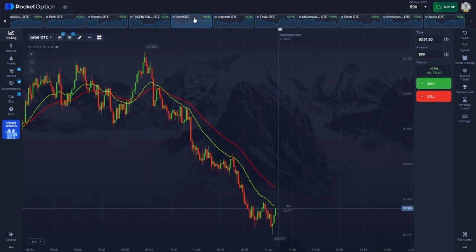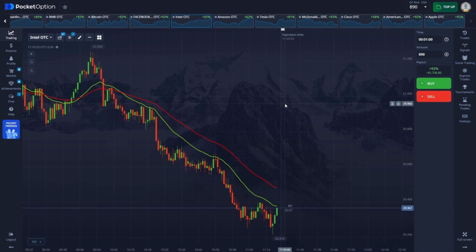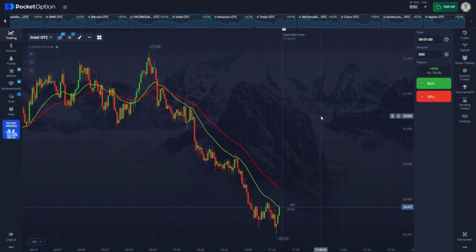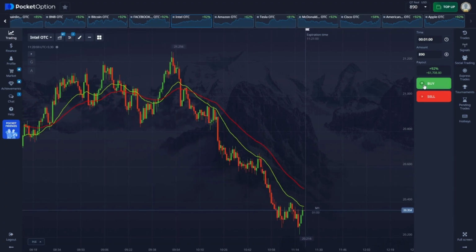On Intel OTC, we have a trade for the downside move. If the current candle closes as a green candle, then we can proceed. Okay, the candle has closed as a green candle, so I placed my trade for the downside move worth $890